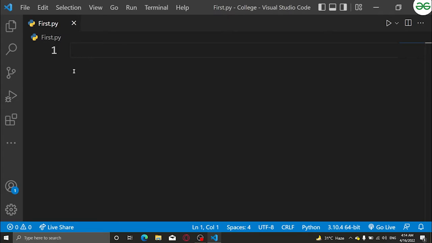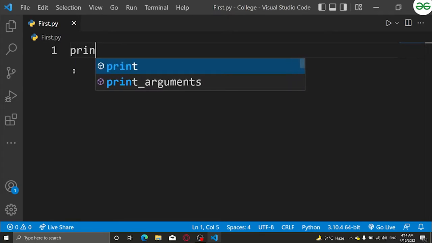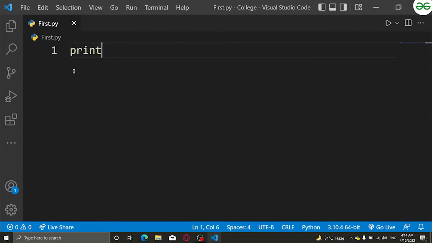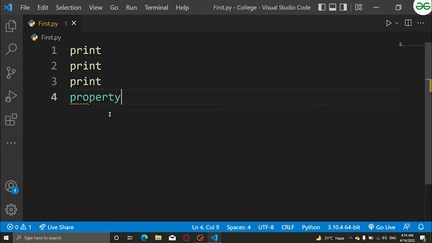Why? Because suppose I'm writing a hefty code and I'm writing loads and loads of data here. Again, in a new line, suppose I'm writing print, similarly print property, like that. Suppose I've written these four things and I want two of them not to work.